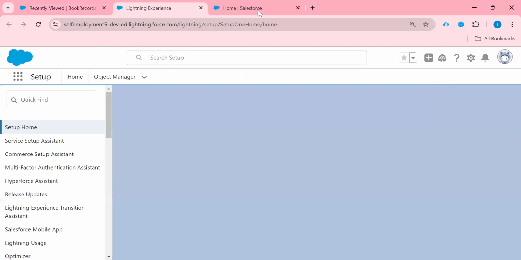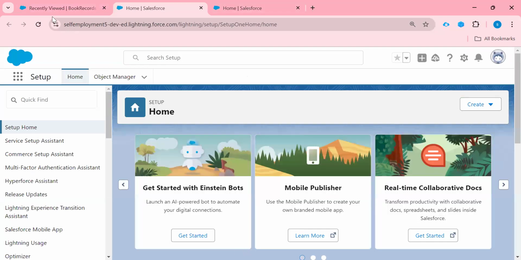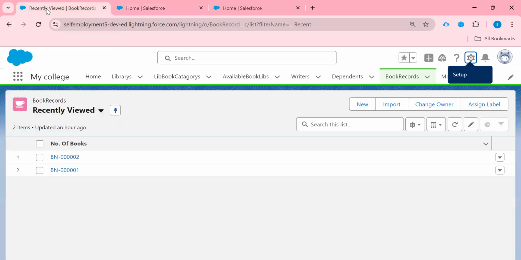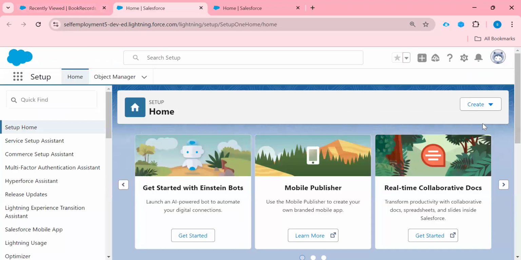In a lookup relationship we need to create the lookup relationship on our many-side object. So which is my many one? This is the available book library, right? So I need to open this available book library.